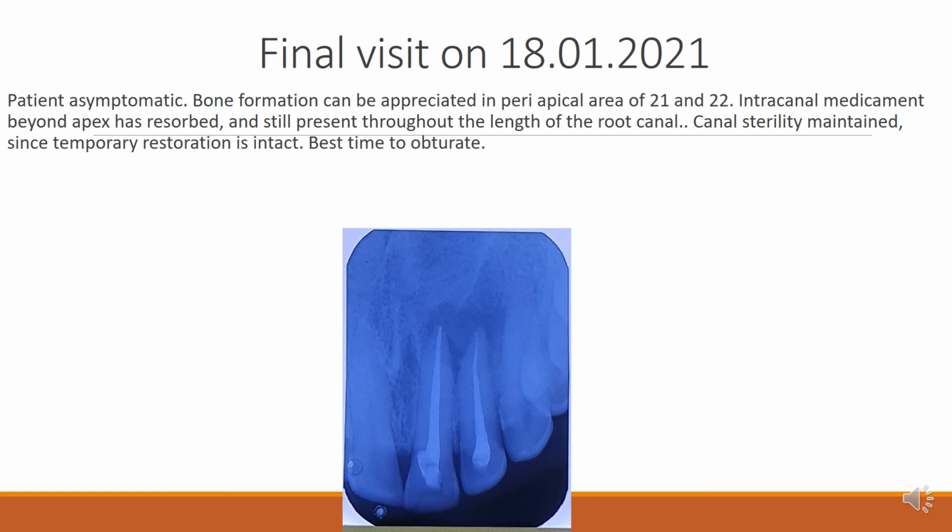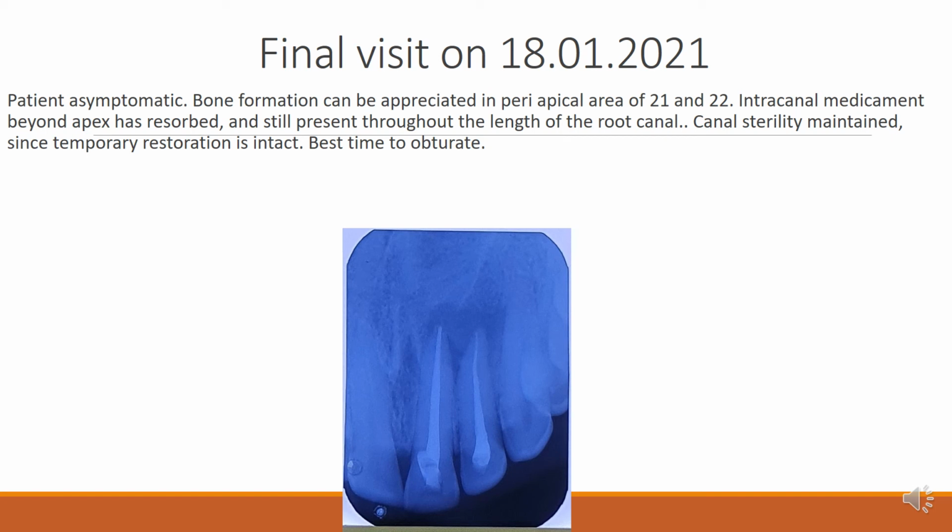So of course, we gave 1 round of antibiotics, that is your normal amoxicillin. We gave it only for a period of 5 days, 500 mg 3 times a day for 5 days, and we advised painkillers only if the patient had pain. So probably for the first 2 to 3 days he had pain, after which he stopped his painkillers. So finally, when the patient came in Jan, the patient was totally asymptomatic like before, and now we can actually see the trabeculae formation starting in the area of the periapical lesion. So this is a very good sign of bone healing.